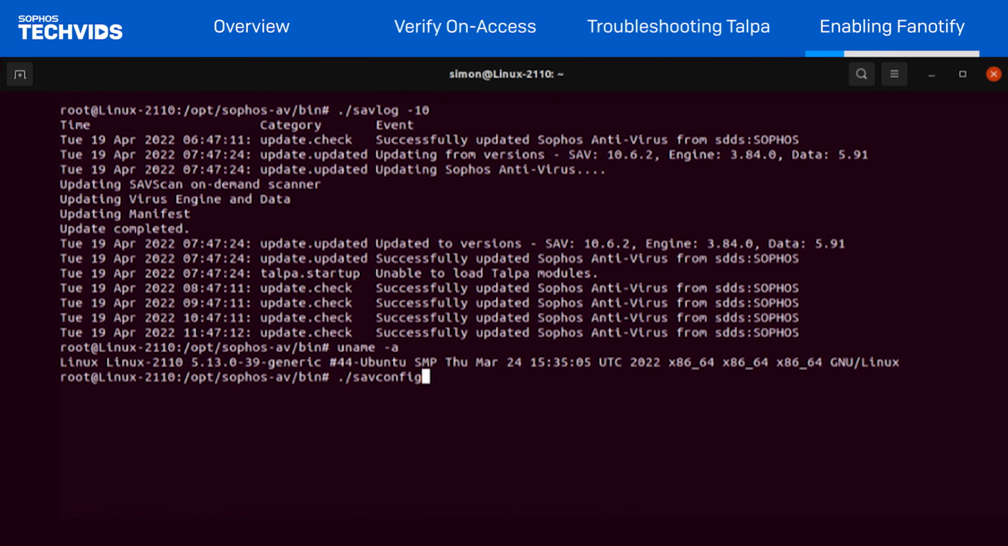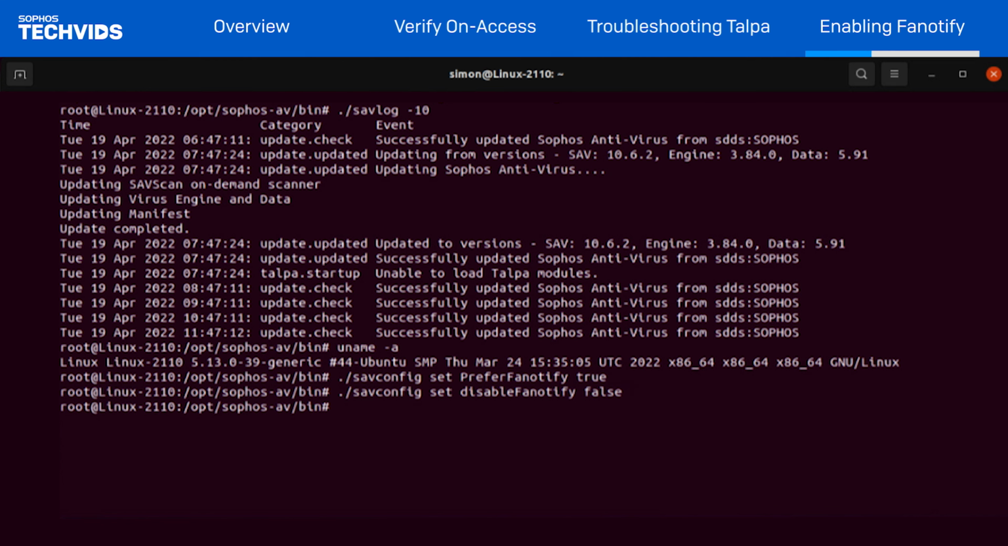./savconfig set preferFanotify true. Then ./savconfig set disableFanotify false. Once the above is set, restart the Sophos Antivirus daemon by running